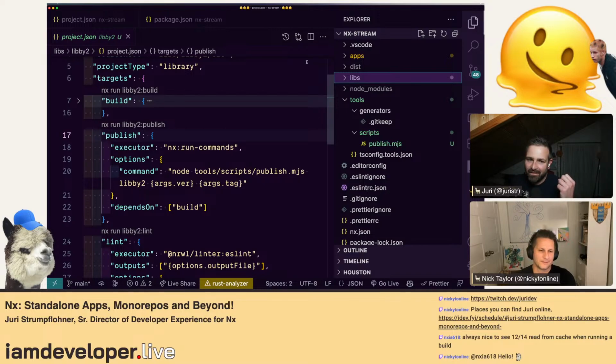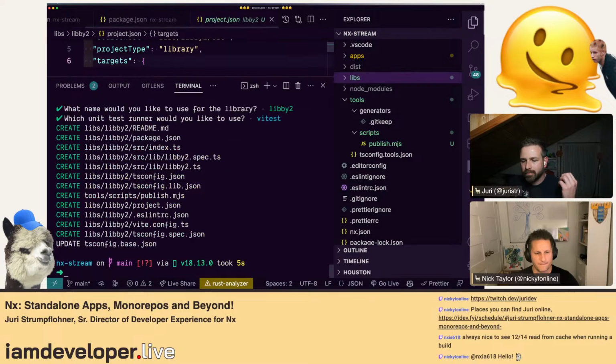No, this is super cool. Again, obviously I still need to get a little more familiar, but the fact that I can just do npx nx something, and I don't know why it's not running right now. I changed something in my shell the other day, but I use Fig, which gives you the autocomplete. I don't know if there are integrations with Nx, because I know there was some talk at some point.